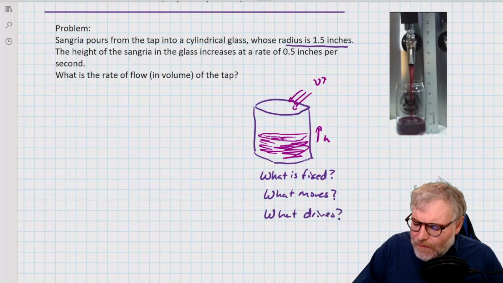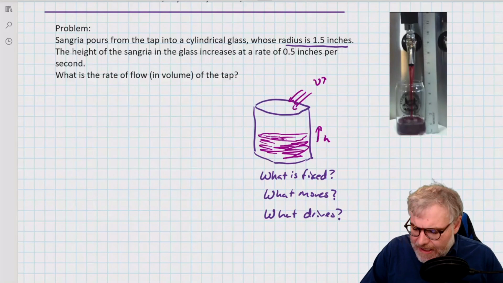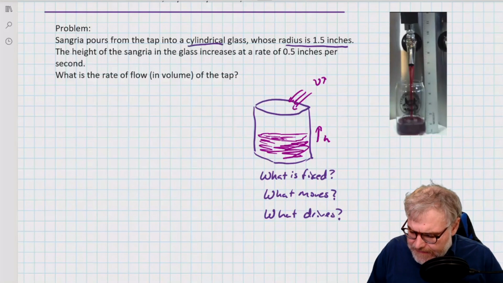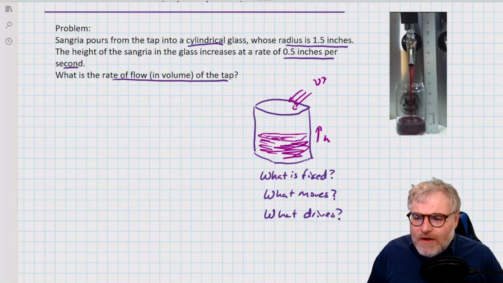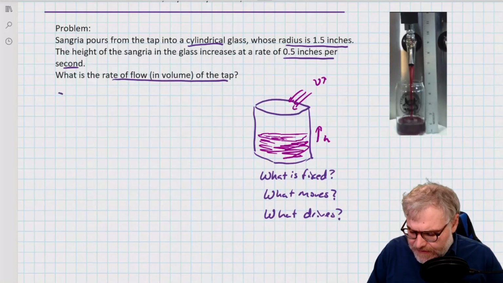Okay. So I've got volume in here, right? I've got the volume of a cylinder. I know what the formula for that is. So there's a cylindrical glass. I've got this rate of 0.5 inches per second, and I want to know the rate of flow in volume of the tap. So I have a relationship immediately. That's the volume of a cylinder